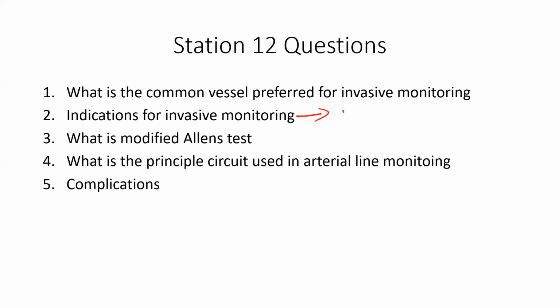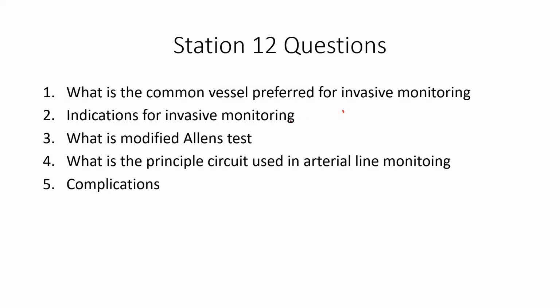Then any cardiopulmonary compromise, where the patient has LV failure, high pulmonary hypertension, or any end stage renal disease or end stage liver disease, invasive monitoring is indicated. Similarly, complex pregnancies like preeclampsia or placenta previa, where you expect a massive bleed, invasive monitoring is again indicated. Then complex neurosurgeries.